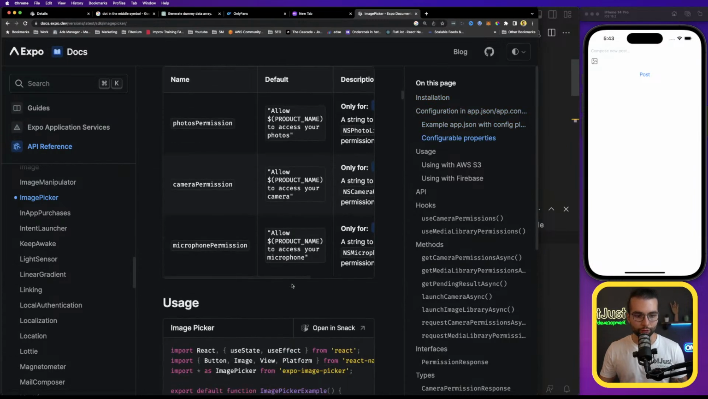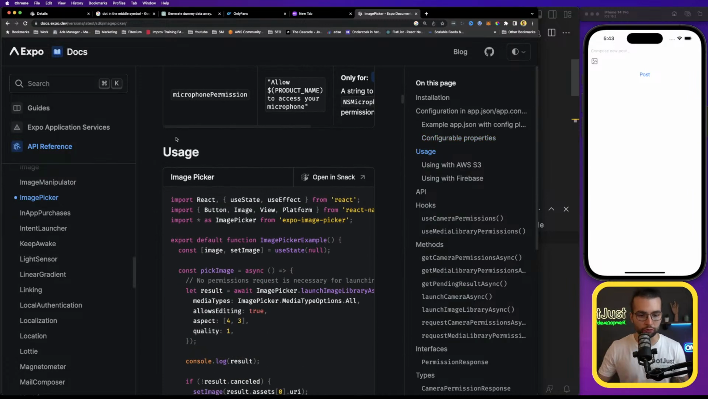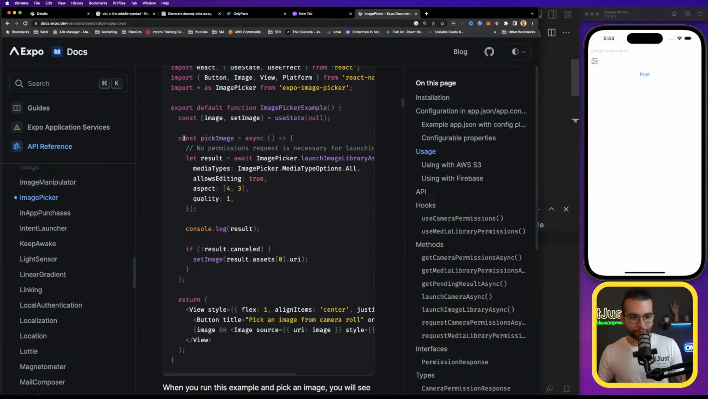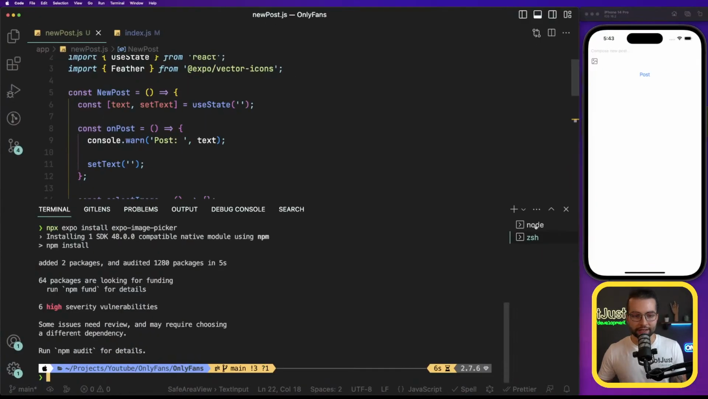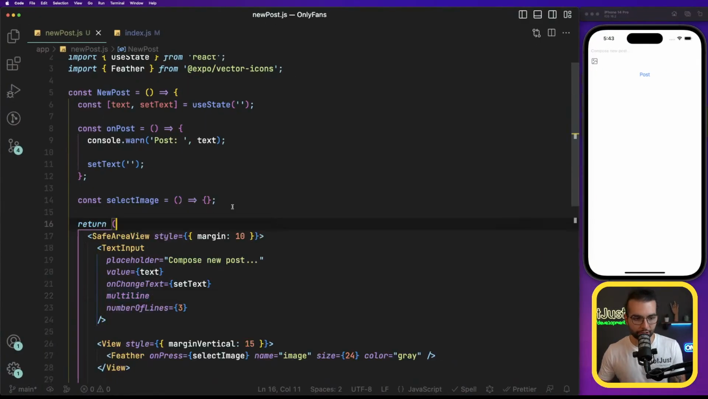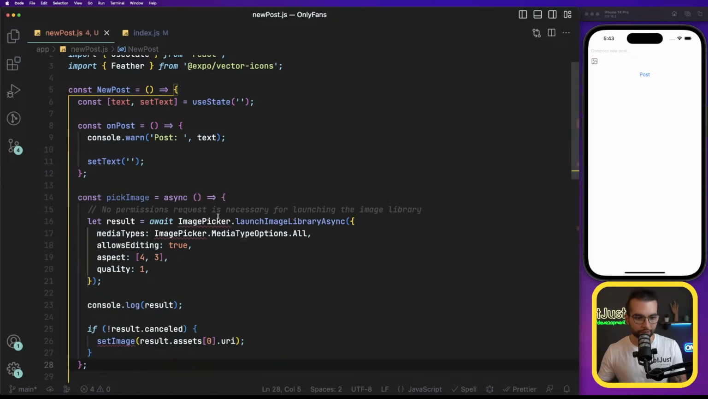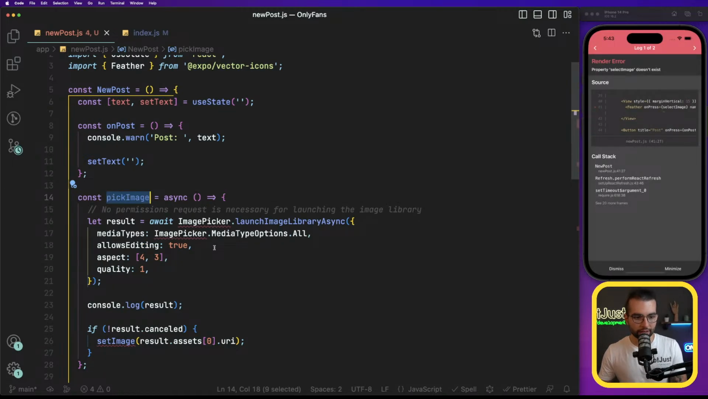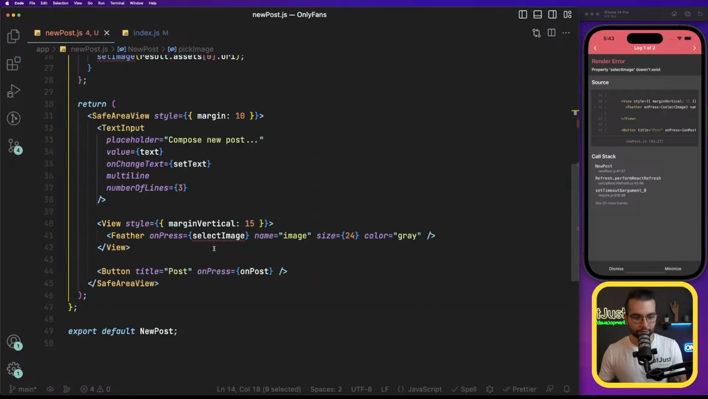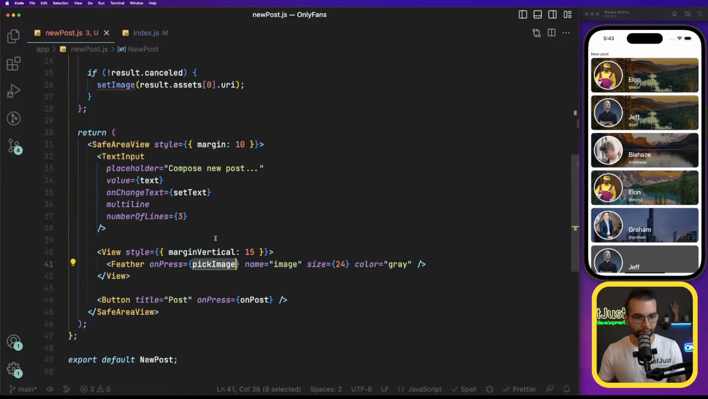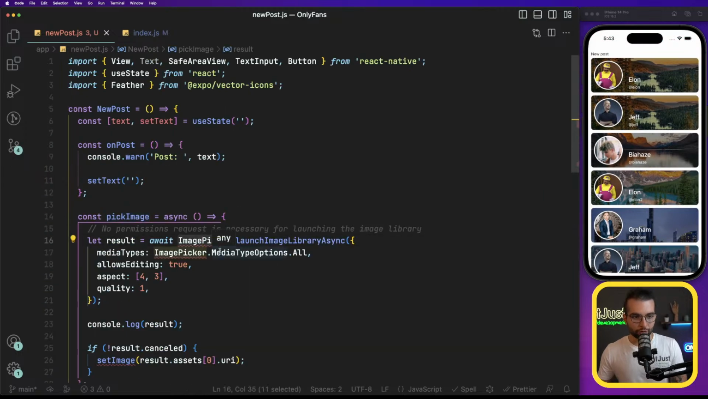Then in the usage, we can look at the pick image function, and actually we can copy this pick image function because it contains an example of how we can choose an image. I'm going to put it instead of our select image, and let's replace the function that we call when we press on this icon to be pick image. Now we need to make sure to import